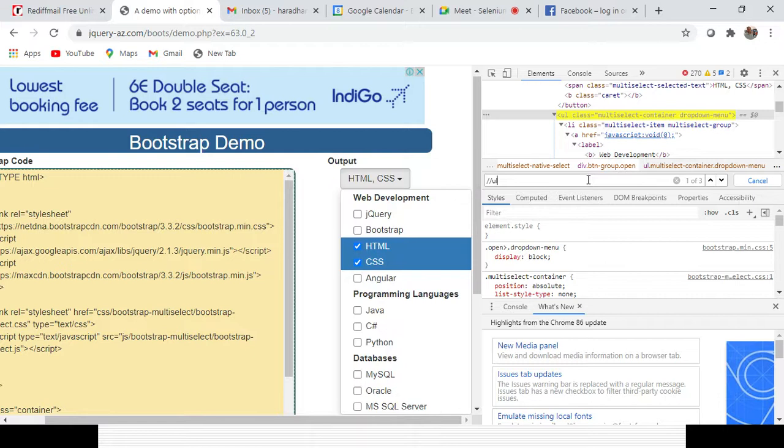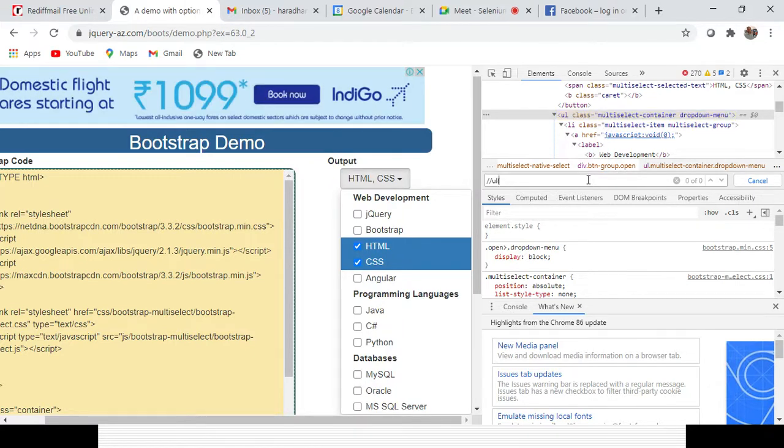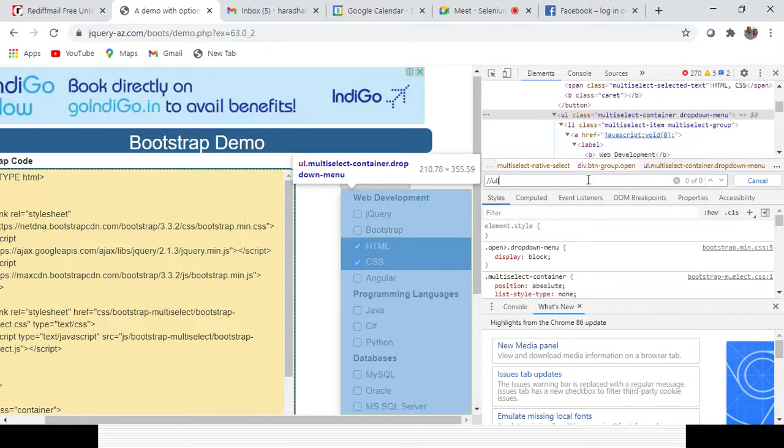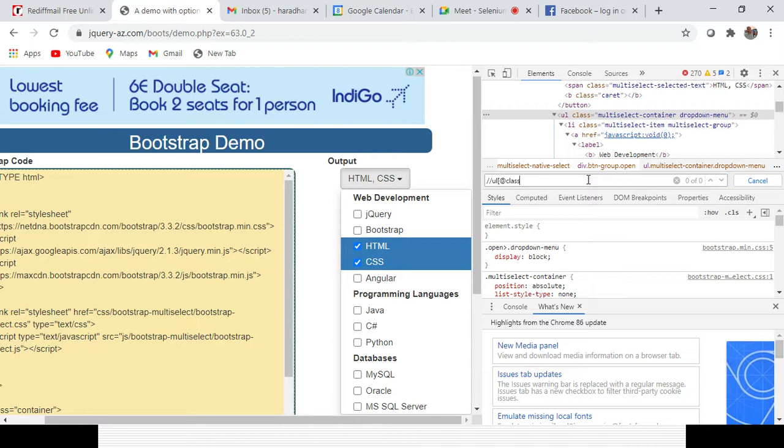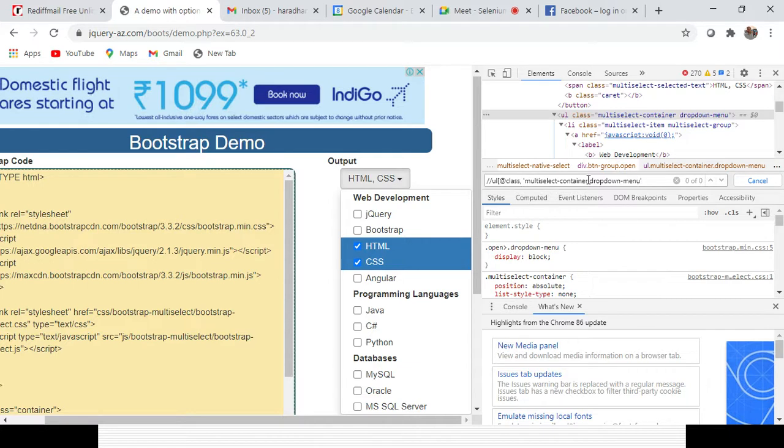Okay, it is highlighting. Then I will use third bracket, then @class, then comma. I have given the equal to sign, that is the reason maybe it is not working, and I need to close with that bracket. I need to close with first bracket.